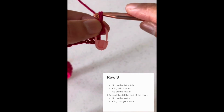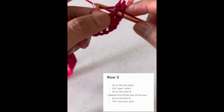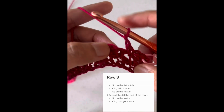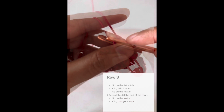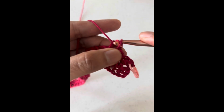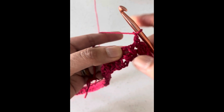So we chain 1, skip that, and then single crochet on our chain 1 space. Chain 1, skip that, single crochet on the chain 1 space. Chain 1, skip that, single crochet on the chain 1 space, chain 1, skip that, then single crochet on our chain 1 space,